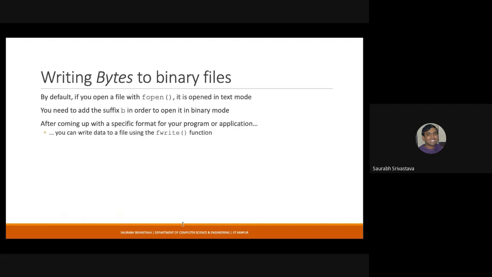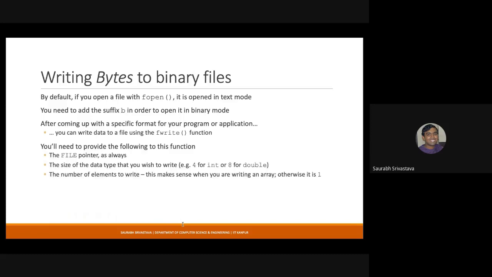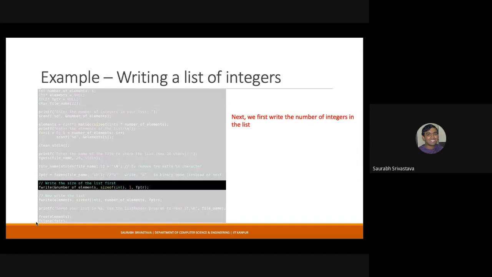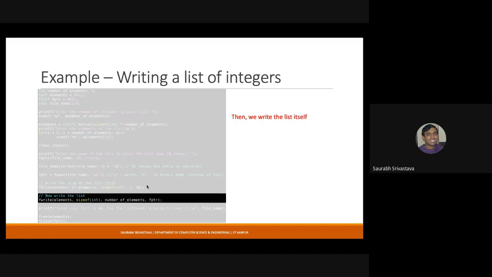So once you know this, then there are some functions, fwrite and fread. You can use them to write whatever data you want to write. The typical example of fwrite is here. So basically it asks you for the data that you want to write, the size of each element, and then the number of elements. You can use this kind of syntax in order to write arrays. So if you have a full array that you want to write in just one go, instead of one, you can basically give the size of the array. This is the idea, and it also takes the file pointer as an argument.